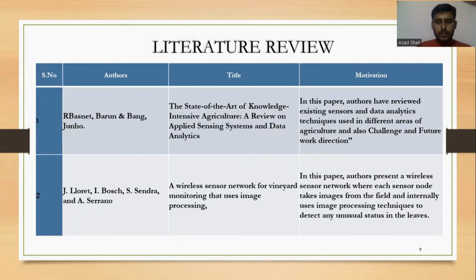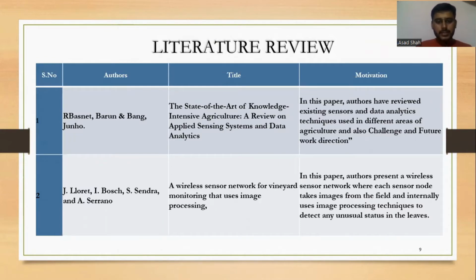So there are many papers that we reviewed in the literature review. The first one is the state of the art knowledge of intensive agriculture. This paper served as a review study on data analytics techniques used in agriculture. The author has reviewed several techniques which can be used for data analytics in the field of